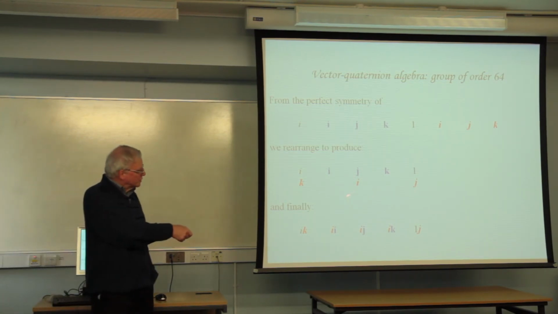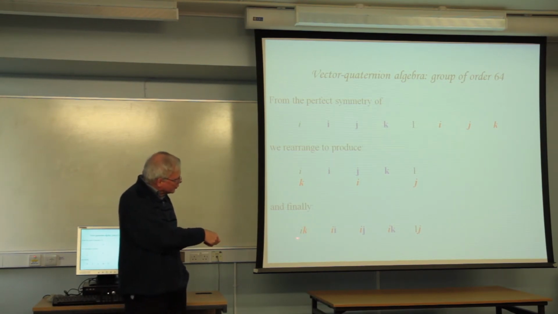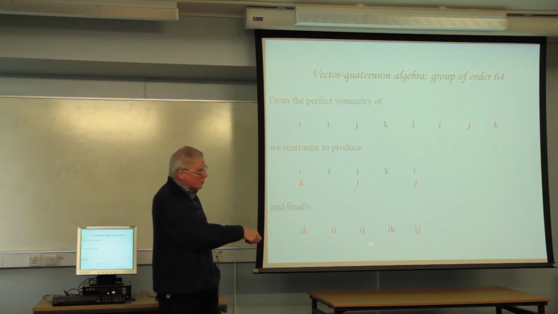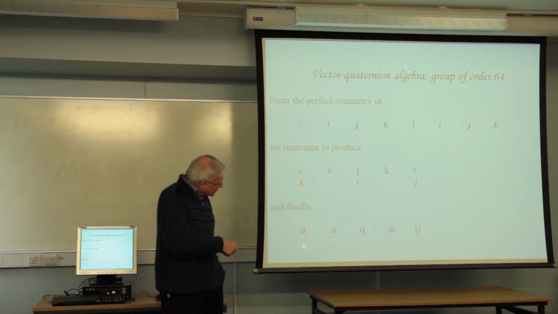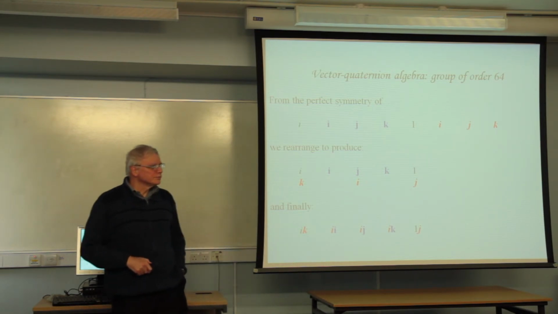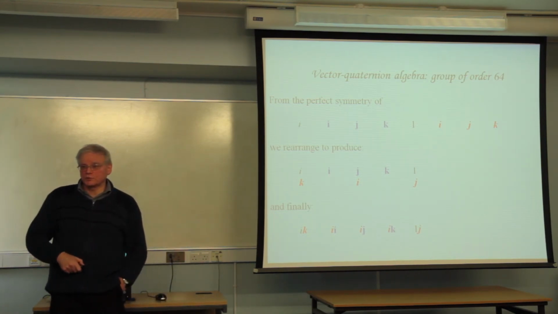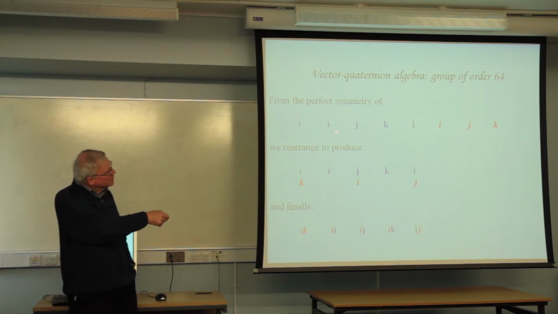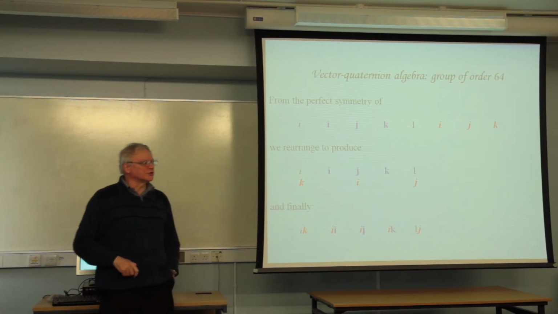Now look at the red objects. You can see that this is connected to a pseudo-scalar, an imaginary number. This one is connected to 3 vector operators. This one is connected to a scalar quantity. And so in that sense you can see that I have broken the symmetry of the red ones. In that structure they are no longer a perfect symmetry between themselves. So in creating this group, I've had to break the symmetry of either that or that 3-dimensional operator.